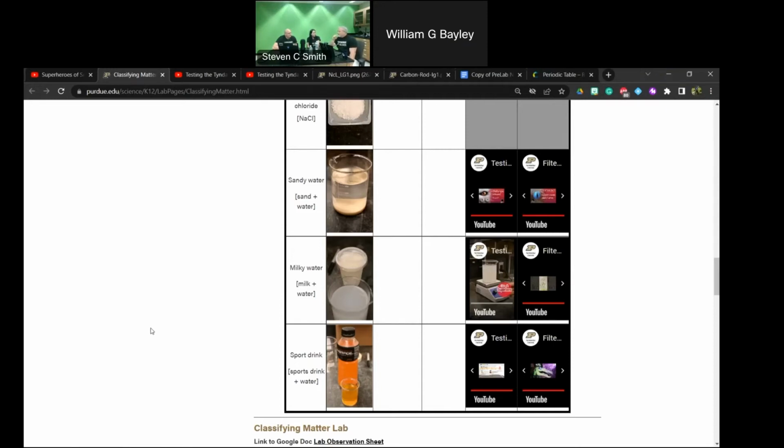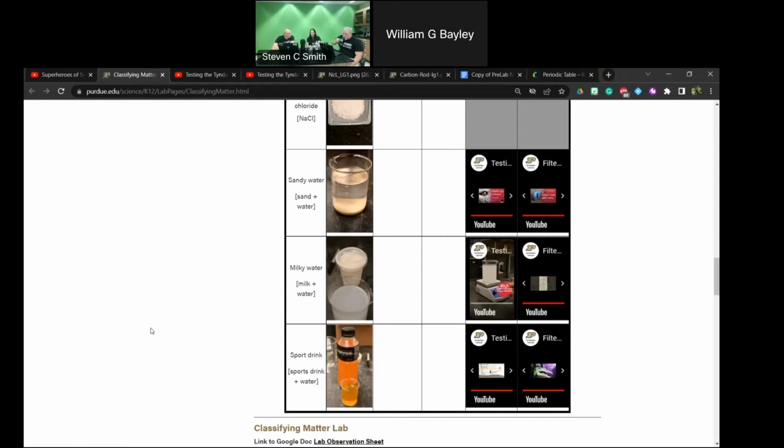I think kids got to keep hearing that again and again, because that's where they get confused, at least when I was teaching it. That's where they would get confused. To be honest, that's where I would get confused. As a chemist, I just want to call everything a solution because that's easy. It's all in water, it's all solution, right? And that's hard for me to get that vocabulary.